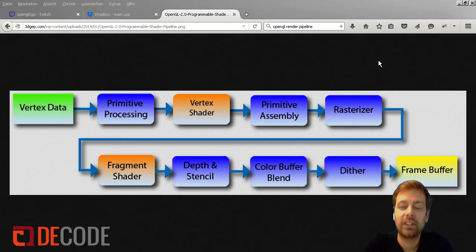So the OpenGL render pipeline, actually this is what is happening on the graphic card when OpenGL is processing data for us. And it's very important to understand what is happening in what order. So I will have a quick run through this pipeline with you so you get an idea what is going on there. This is the pipeline, as it is called, the steps taken one after the other